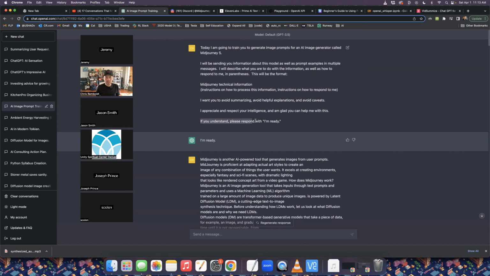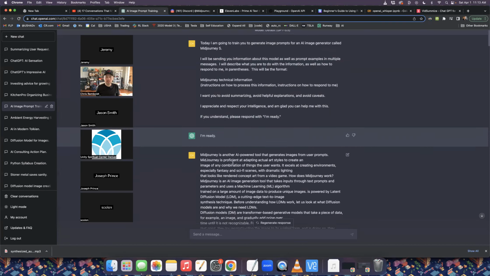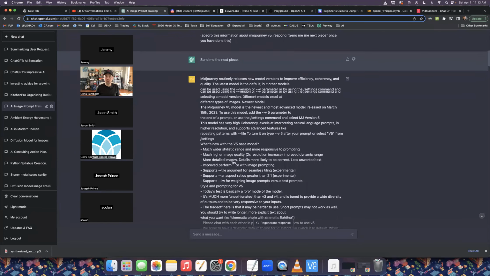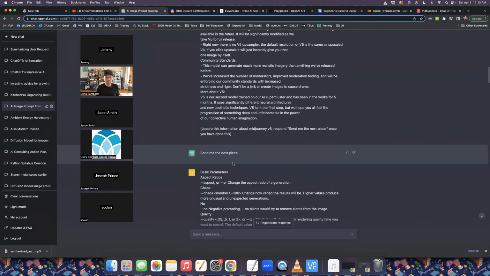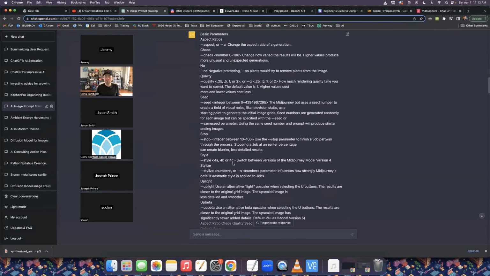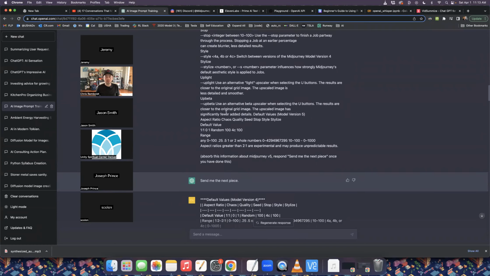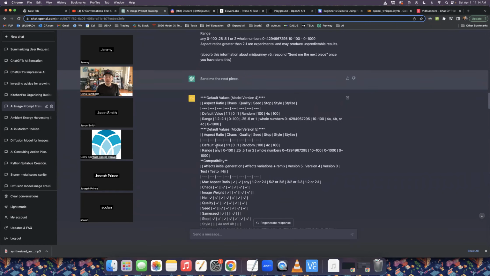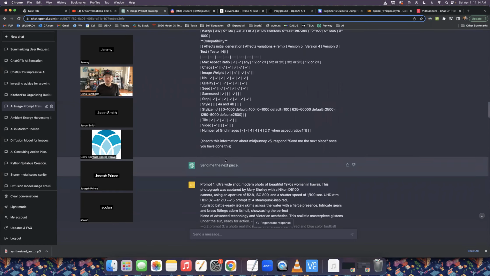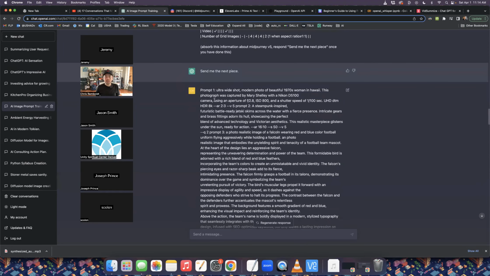I say, if you understand, please respond with "I'm ready." And it just goes, "I'm ready." And so then I paste this technical info in here about Midjourney. This is from Midjourney's website. Just copy and paste from there. This is how the basic parameters of the prompts work. This is training it and how to do that. This is the defaults for the outputs. And then I say,